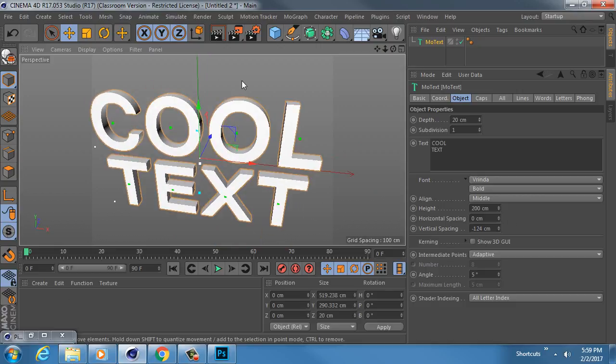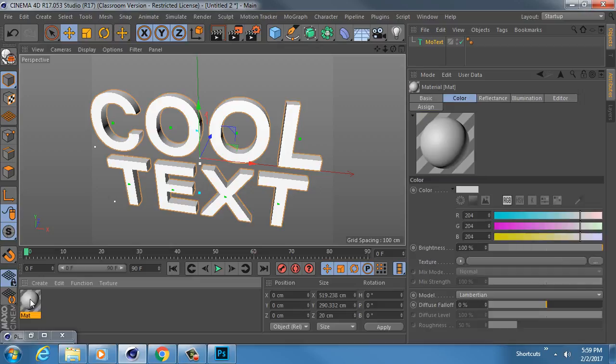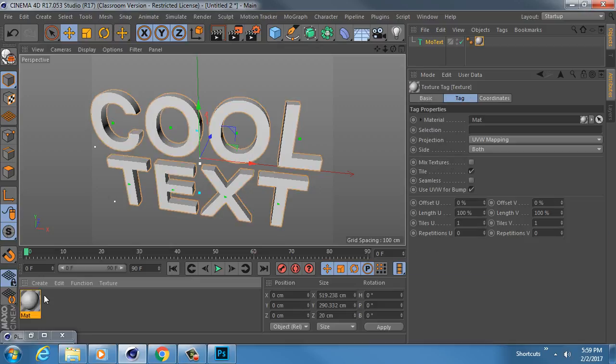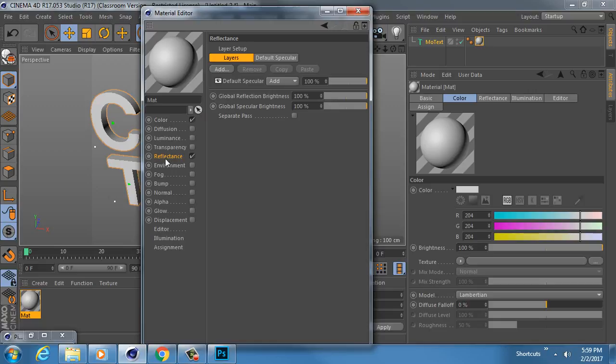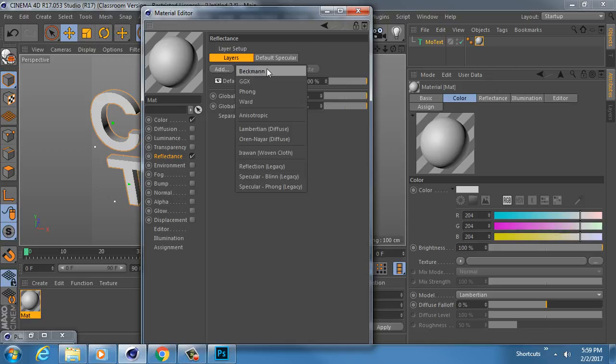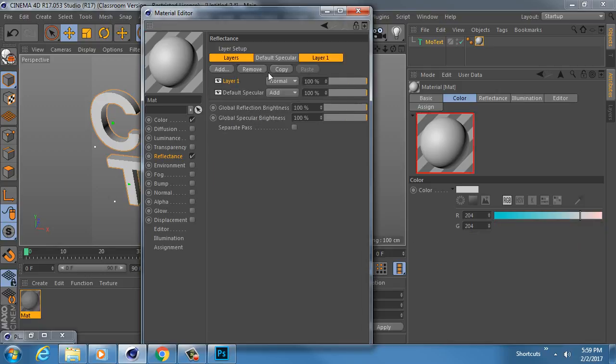Alright, so let's set up the reflection stuff. I'm going to make a new material, apply this material, and what I need to do is jump immediately to the reflectance channel, and add a new layer. You can pick anything from these first four: Beckmann, GGX, Phong, and Ward. These are all last names of important science rendering people. So let's just pick Beckmann,